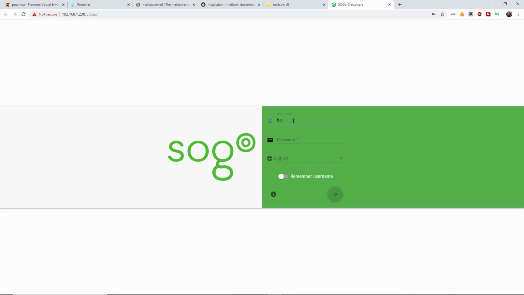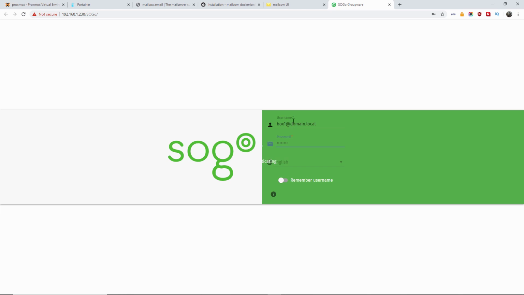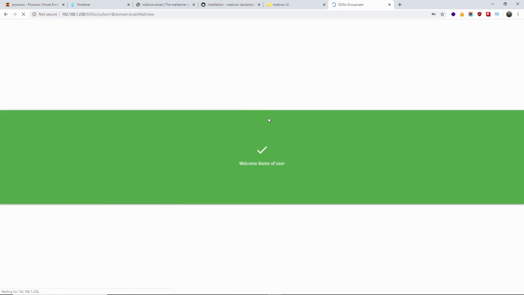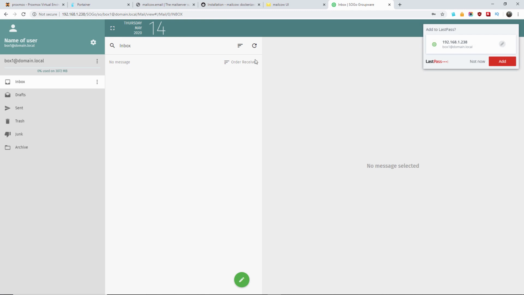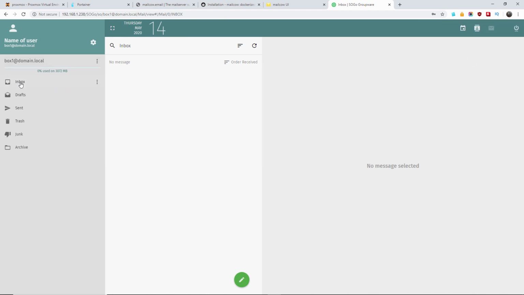I think this is the default webmail that comes with MailCow, but I think you can add others as well. I'm not sure if it comes with it as well. I haven't actually checked, to be honest with you. I'll let you know in the description if Roundcube also gets installed. As you can see here, we just got inside SoGo with the box 1